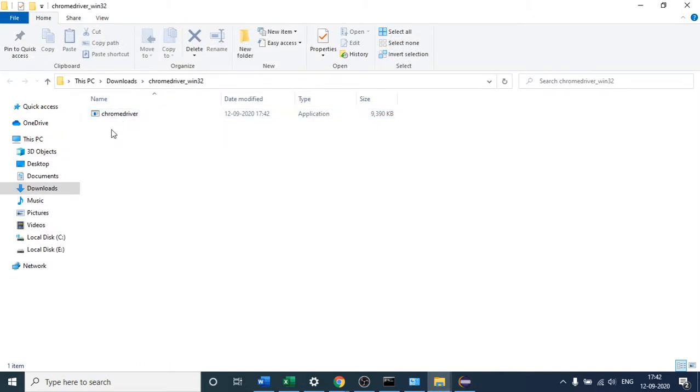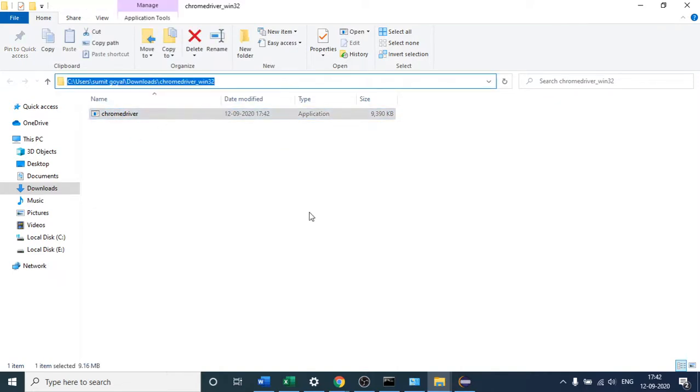So the Chrome guys have provided this .exe file to Selenium, saying that you will not be able to invoke our Chrome browser directly, but with the help of this .exe file you will be able to. We will see how. I will copy the path where this chromedriver.exe file is located.